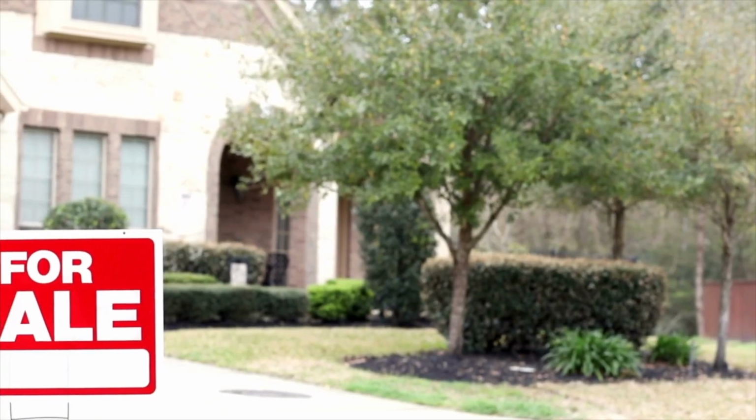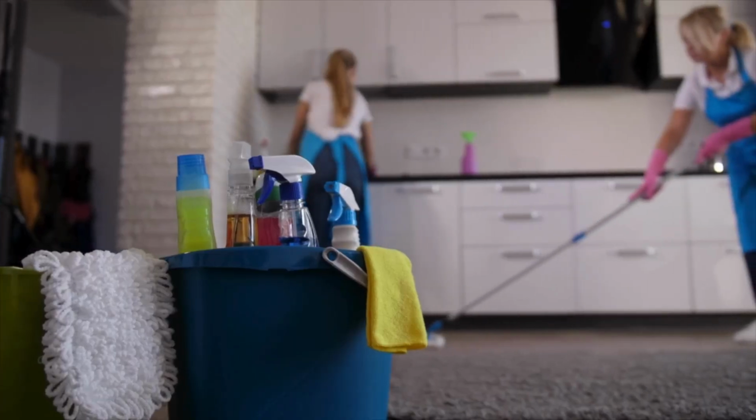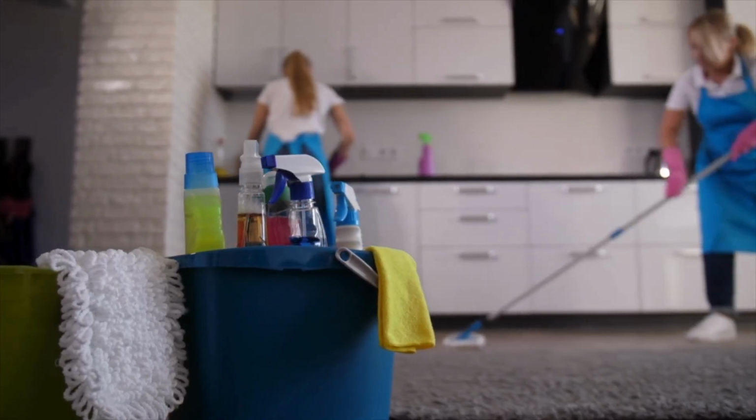This starts well before the sign goes in the yard. And one of the biggest ROIs, or return on your investment, when selling your home is to make sure it's clean from top to bottom, like really clean. I personally would suggest that you hire a professional to do a deep clean, including the baseboards, air vents, ceiling fans, windows, and doors. Potential buyers don't want to see any signs of pets, handprints on the doors,